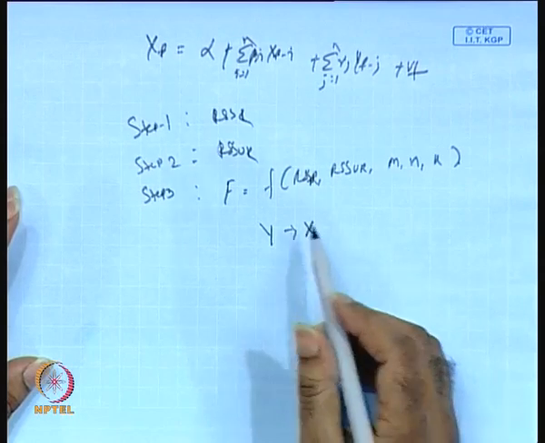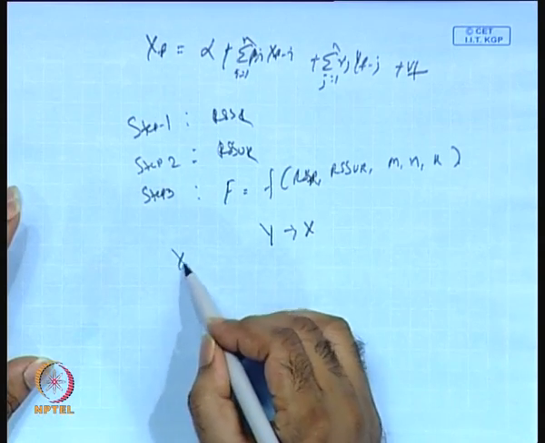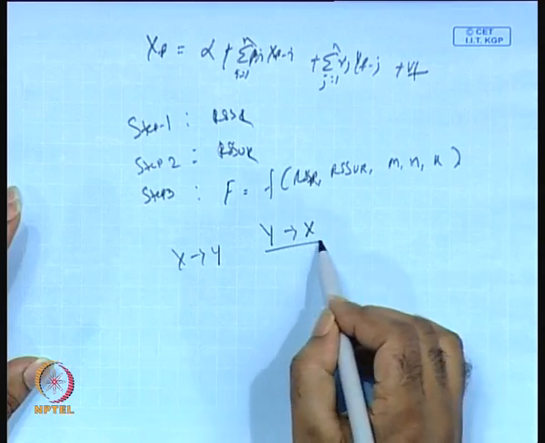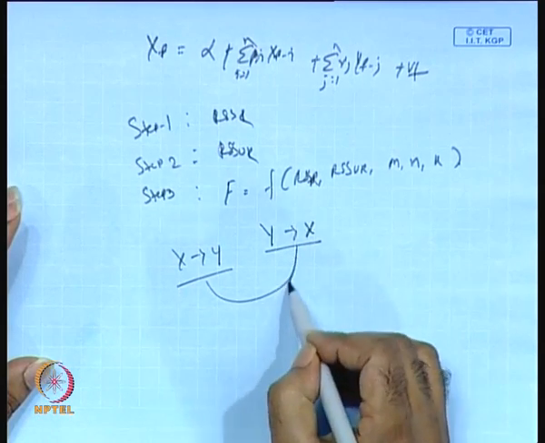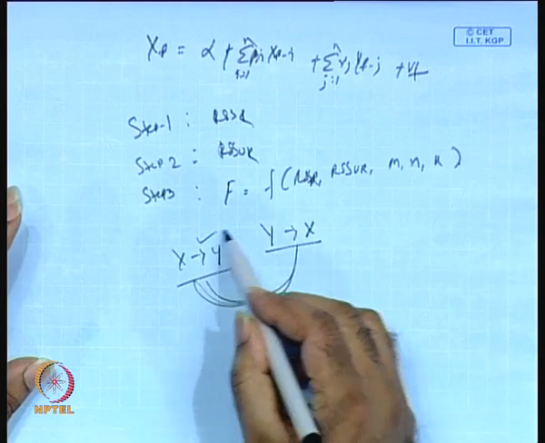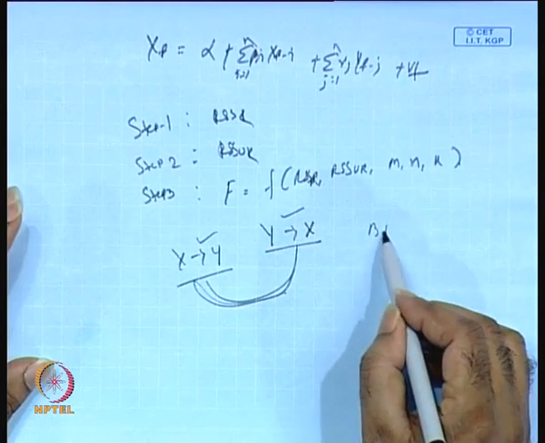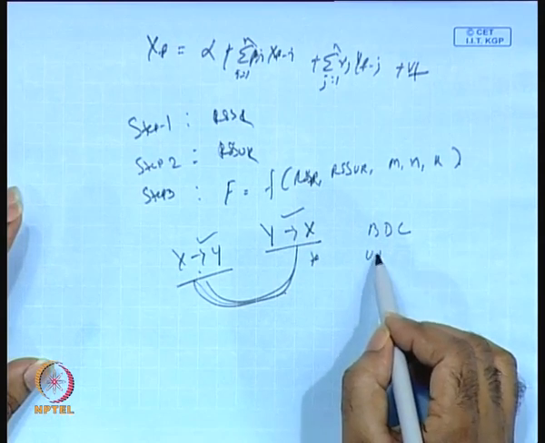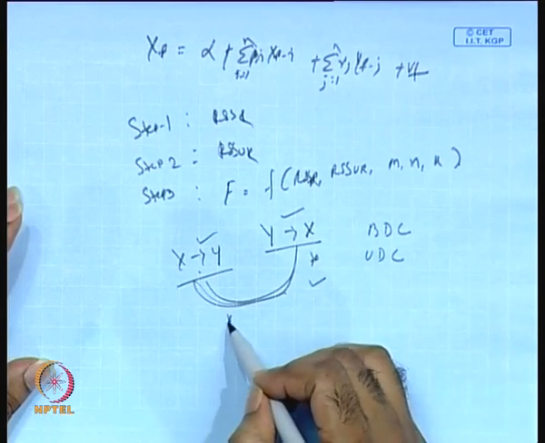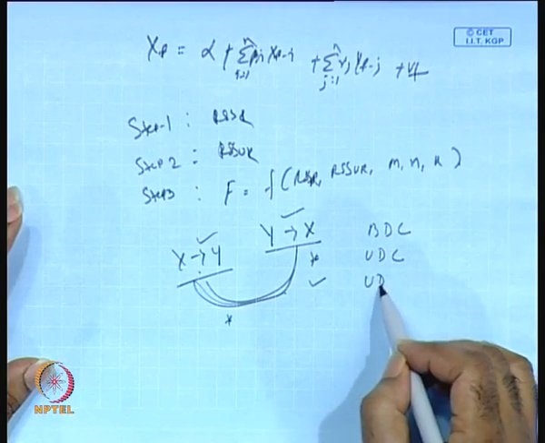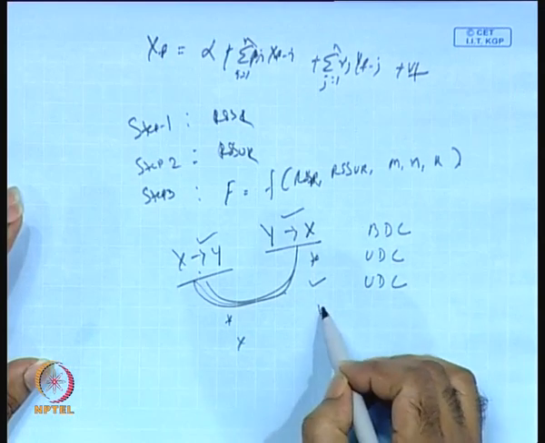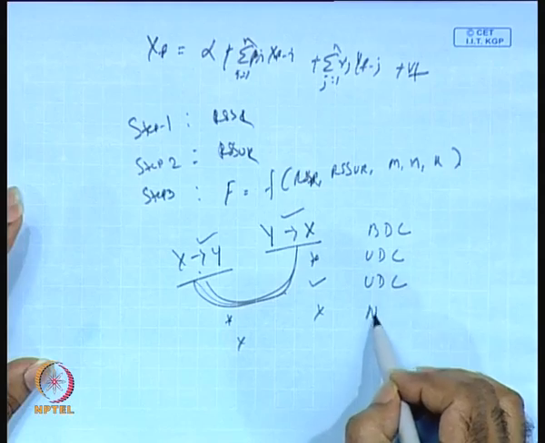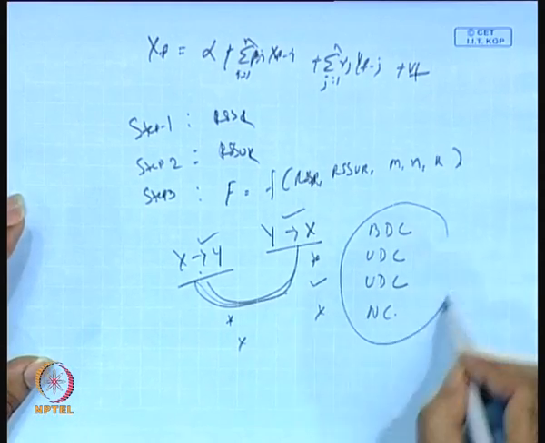In the first case we checked whether x influences y, and here we are checking whether y influences x. Now you compare. If both are true, it is called bidirectional causality. If one is true and the other is not, it is called unidirectional causality. If the other one is true and this is not, it is again unidirectional causality. If neither is true, it is called no causality. These are the 4 outcomes we find in the case of